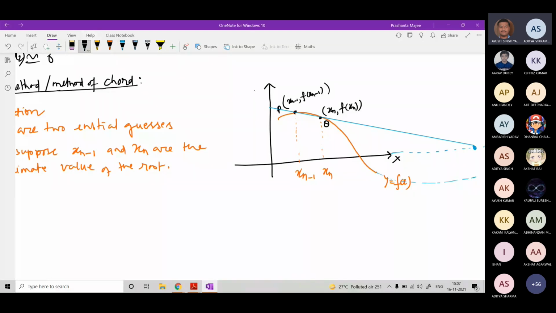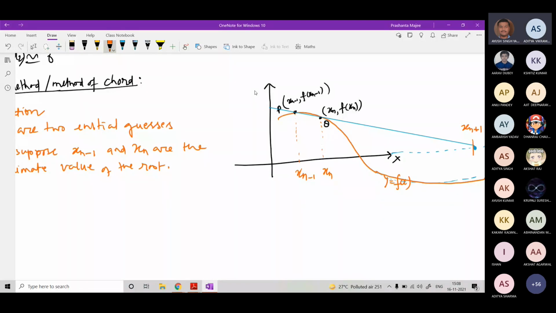So this side, this is the function. The graph continues like this. And then what will we do? Here we have taken xn minus 1 and xn as approximate values at the n plus 1th step, and the points are xn minus 1, f of xn minus 1 and xn, f of xn. We'll draw a chord joining these 2 points. It will cut the x-axis at some point. We'll call it the next approximate root, xn plus 1.